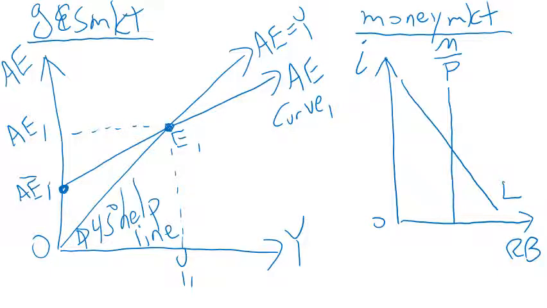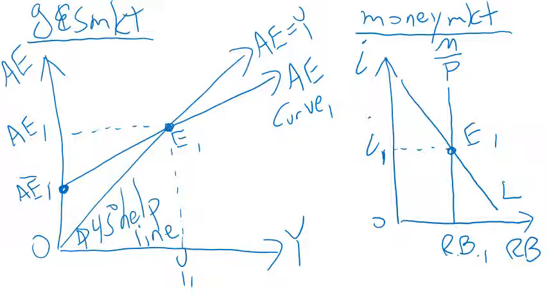So this is equilibrium in the money market. This is the equilibrium interest rate, and this is the equilibrium level of real balances. Okay, now in red,